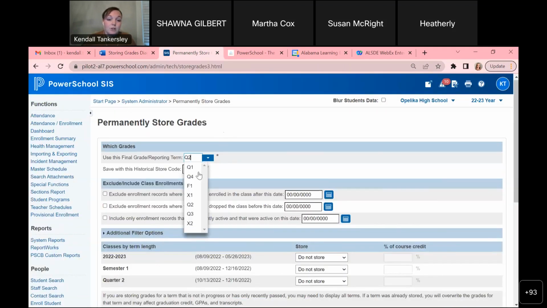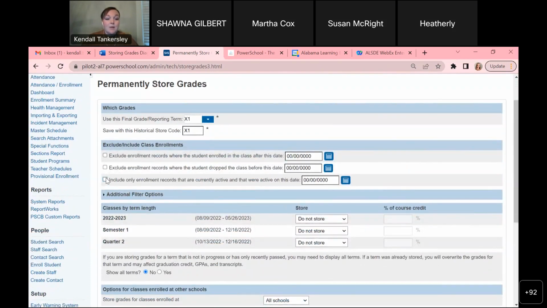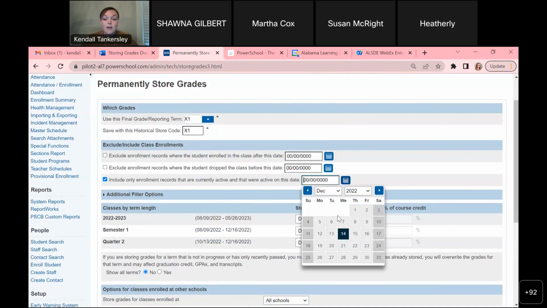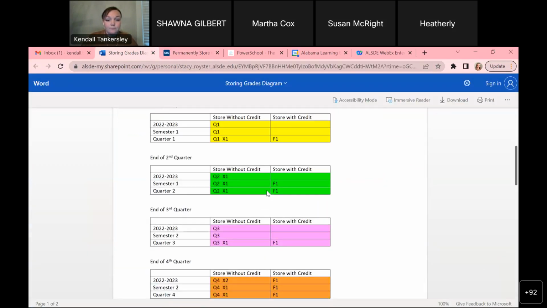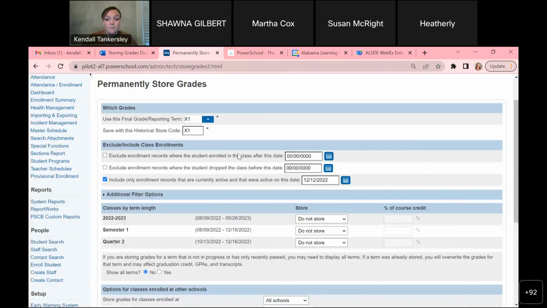So I'm going to choose X1. I want the historical code to be the same here as well. I'm going to do the same include exclude statement. So I'm going to choose this third option, and I'm going to back up my date 4 days. And this time, let's check the chart again. For all of my X1s, I'm also storing with no credit at the end of Q1. So I'm going to choose store with no credit,